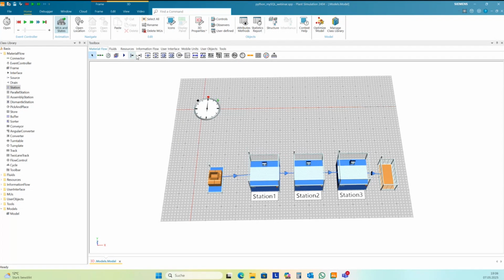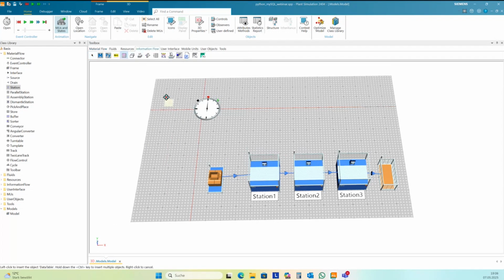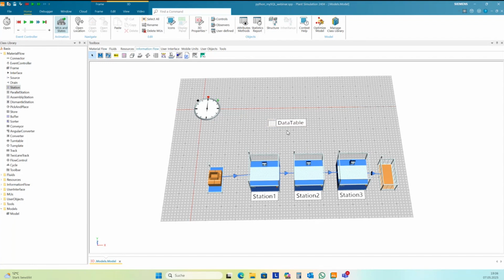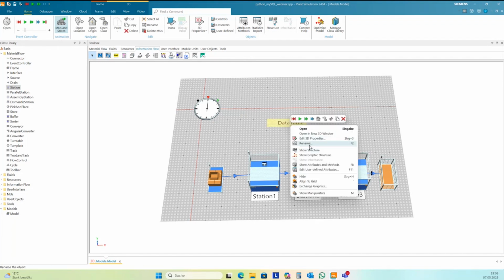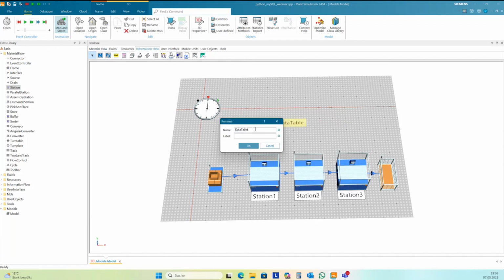And then I want to have a table here in Plant Simulation where I import the data and also have the right data types for all my stuff here.